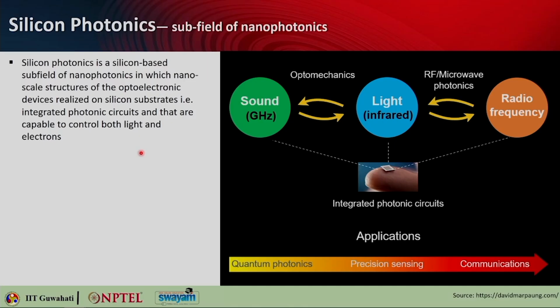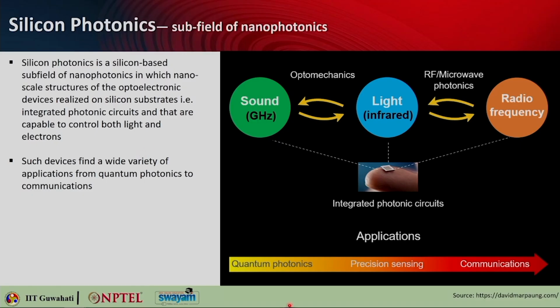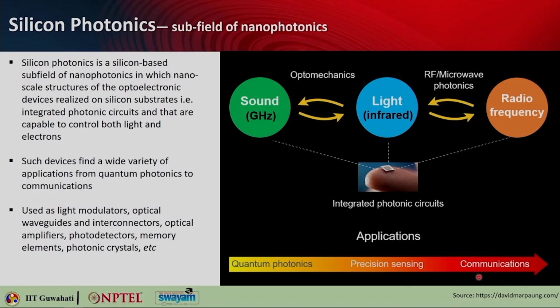That is, you are basically making integrated photonic circuits which are capable of controlling both light and electrons. Such devices will find a variety of applications starting from quantum photonics to communication. And what are the different applications? As you can see, you can use them as light modulators, optical waveguides and interconnects, optical amplifiers, photodetectors, memory elements,